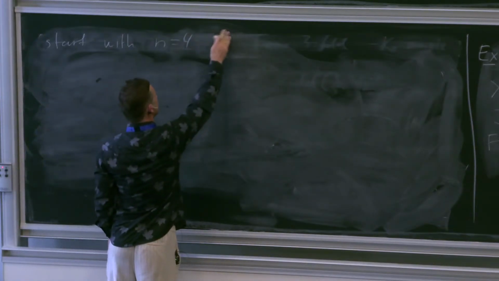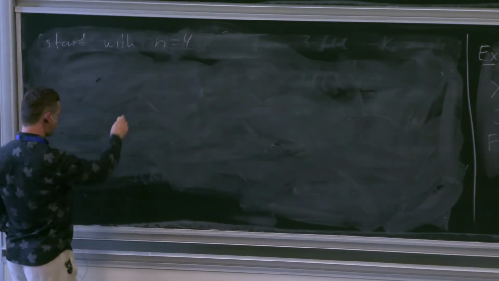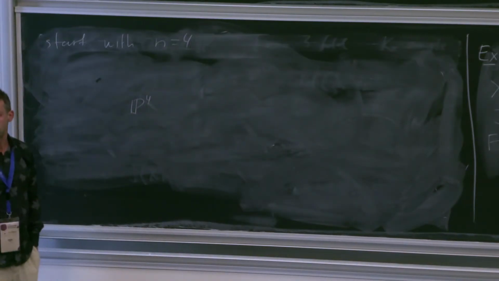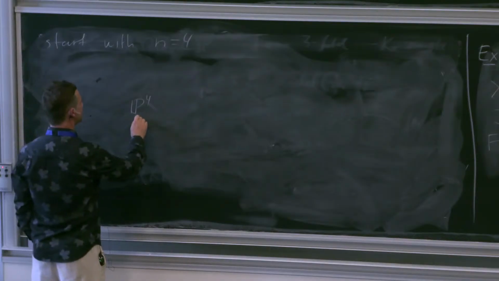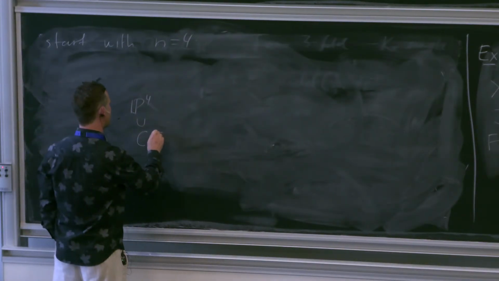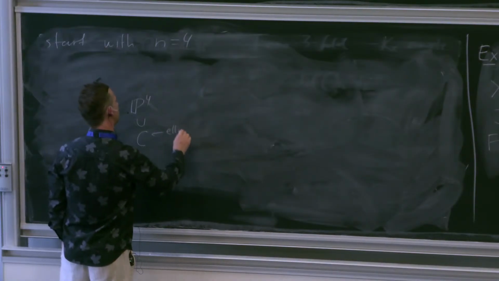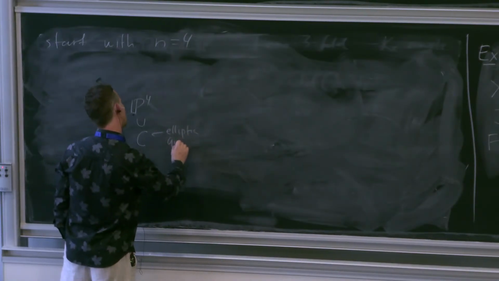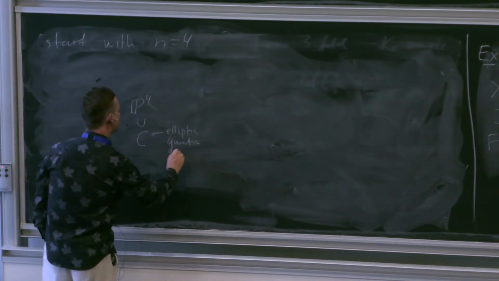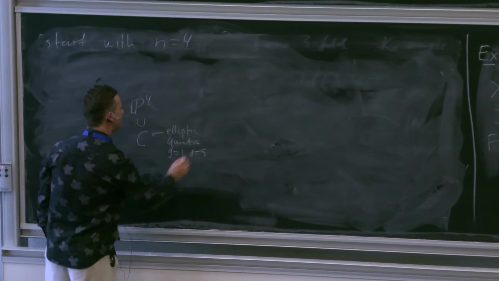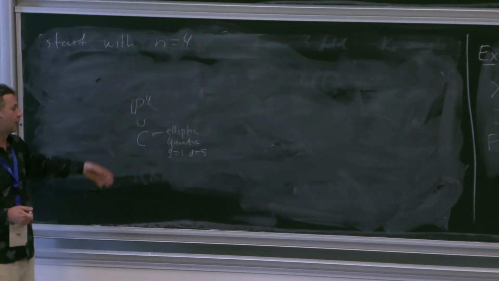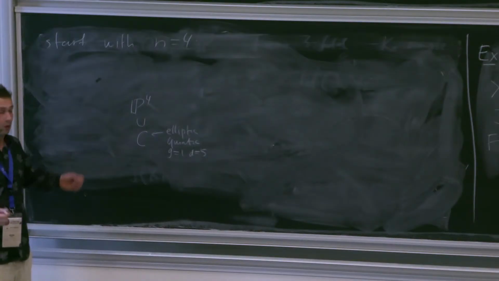Okay, so we consider the following diagram. I start with P4 over my field. So far the field is arbitrary. What I'll need is to look at an arbitrary genus 1 curve, so an elliptic quintic. So meaning the curve of genus 1 and degree 5, and by Riemann-Roch, it sits in P4, like an elliptic cubic sits in P2, and an elliptic quintic sits in P4. And then